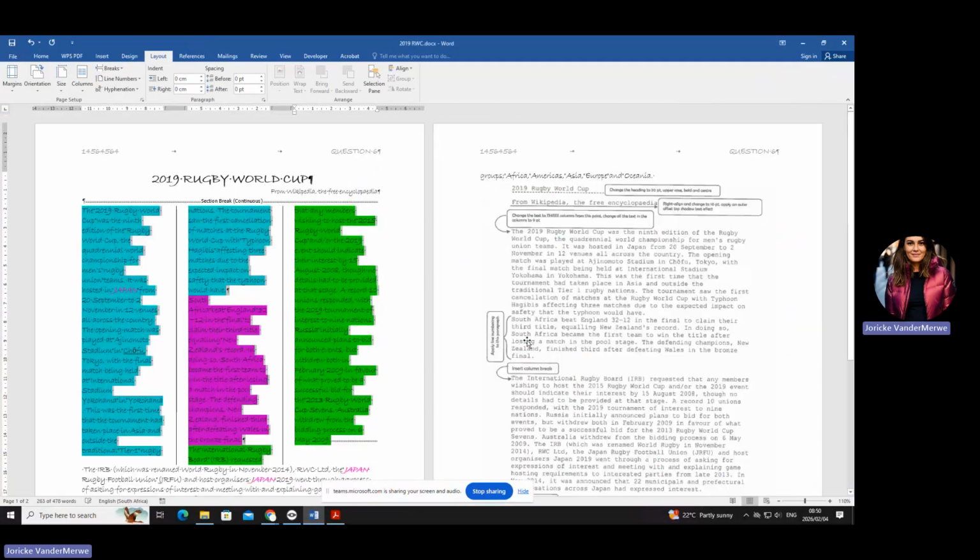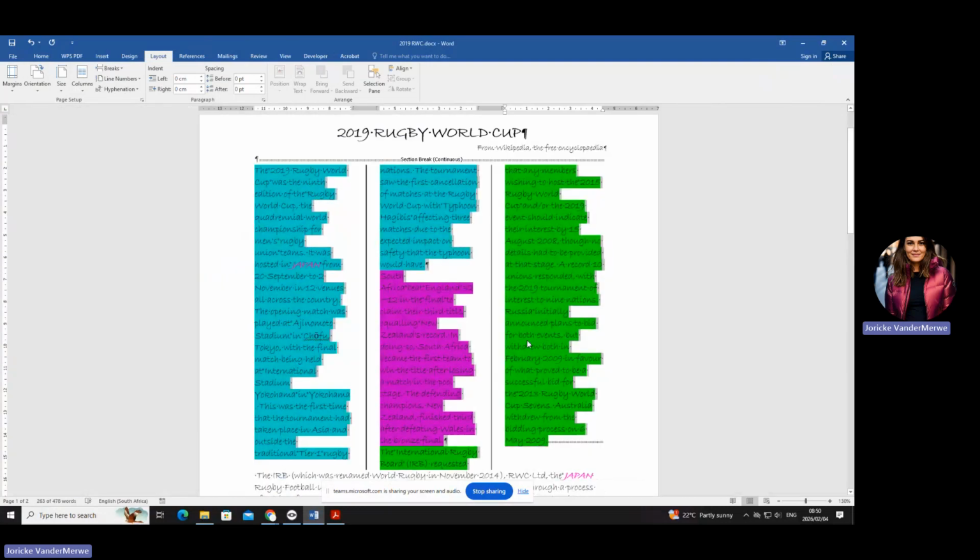Now look here, do you see by just looking at the colors, 1 is in 2, and 2 is in 3, and 3 is in 2? So they're not in the columns that they should be in. The blue must all be in column 1. Can you see that? The pink must all be in column 2, and the green must all be in column 3. So you need to find a way to tell the computer, listen, this must actually be in its own little column, in its own little block.